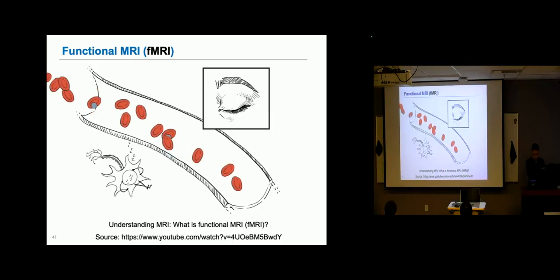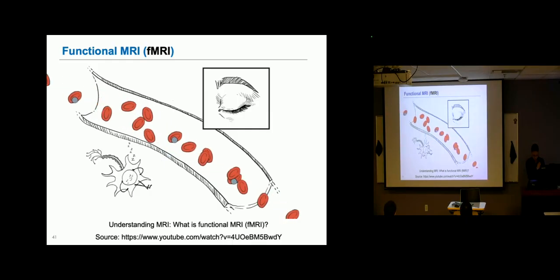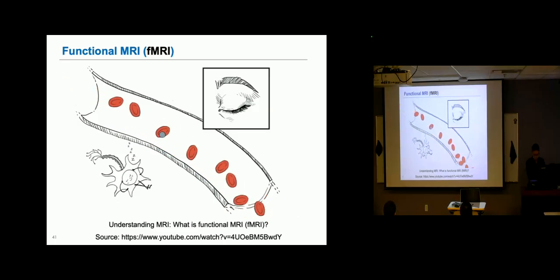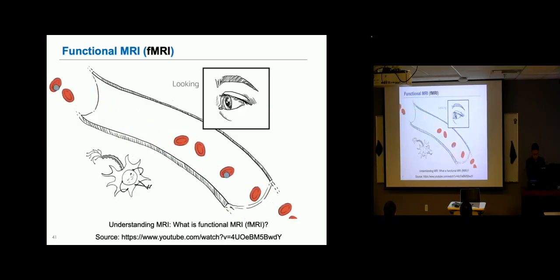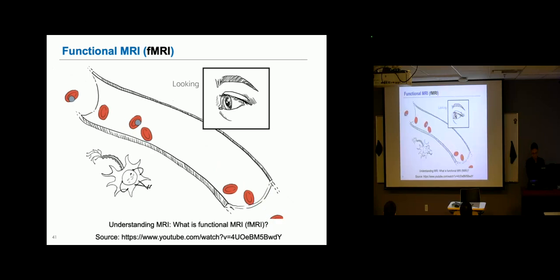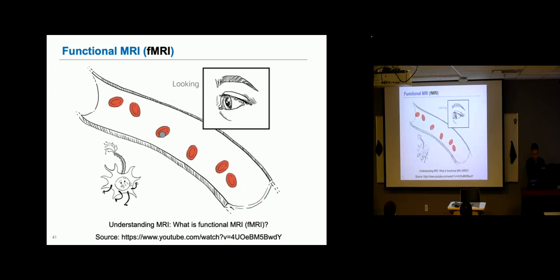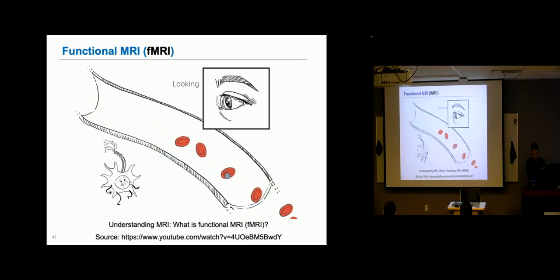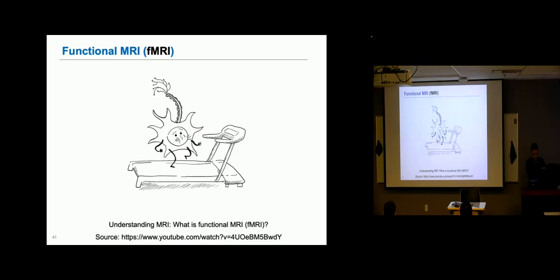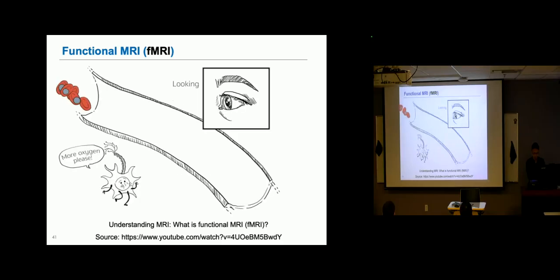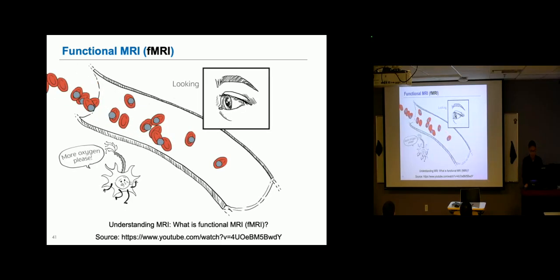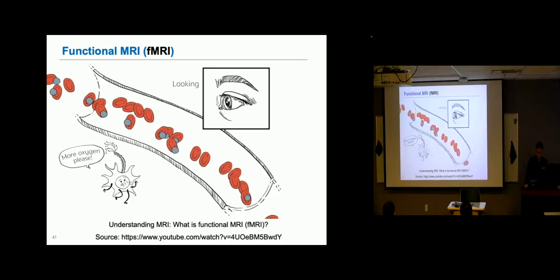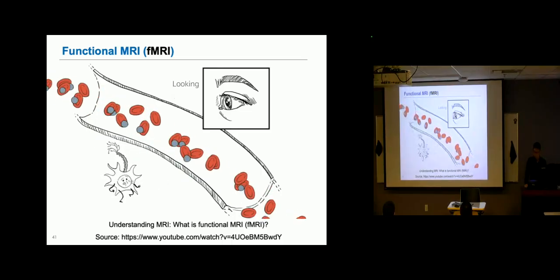The brain cell is not very active at the moment. When the eye starts looking at something, the brain cell needs to process the information coming from the eye. This means the brain cell needs to work very hard, and so it needs a lot of oxygen, just as you need more oxygen when you're running. The brain cells in the visual cortex demand more oxygen, and the nearby blood vessels increase the amount travelling to that part of the brain. Even more is delivered than the neuron requires.